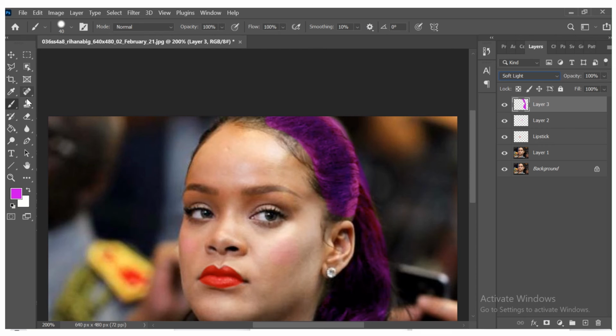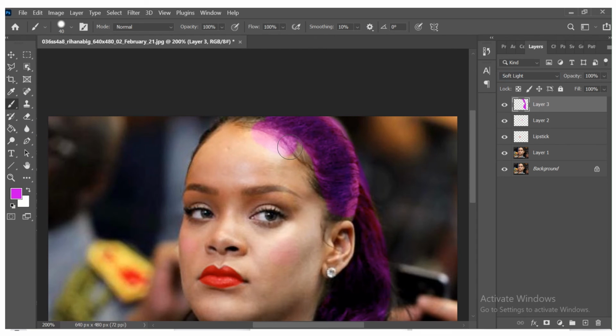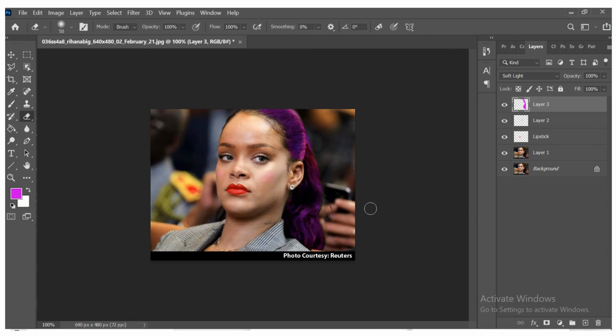So, kapag feeling mo medyo pangit yung pagkaka-apply mo, may mga lampas-lampas, you can use the eraser po. Use the eraser tool. Pag feeling mo, exagerada. So, ayan. Ayan yung itsura nung in-apply natin na hair color, blush on, and lipstick kay Rihanna. You can also apply eyebrow,